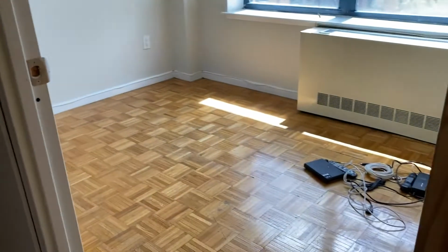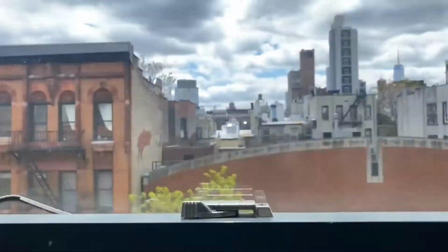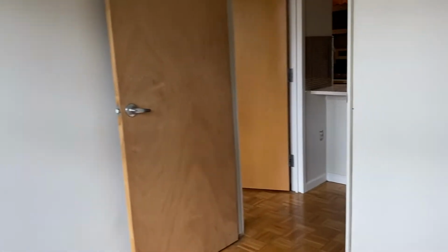And then we have a large bedroom here. The south views, and the entrance is on East 6th Street. And this is the reverse view of the